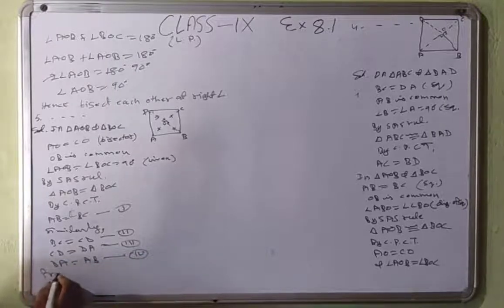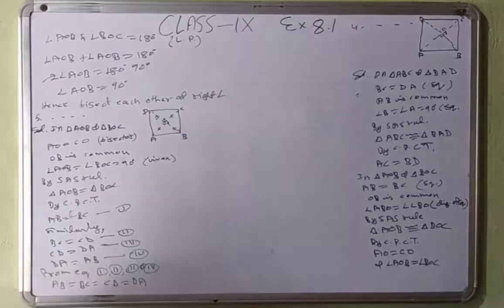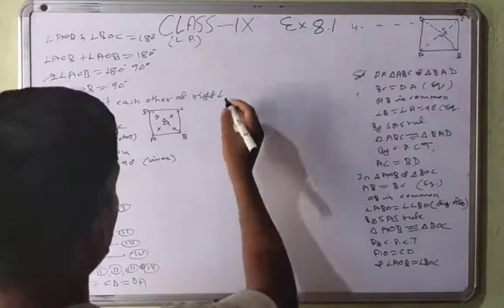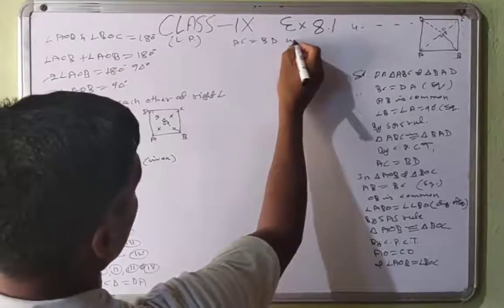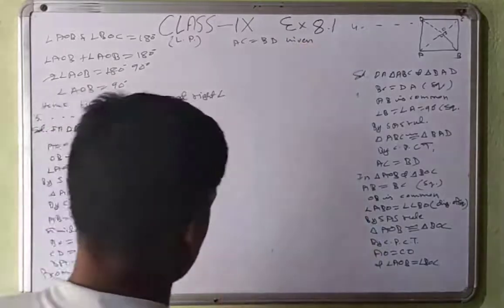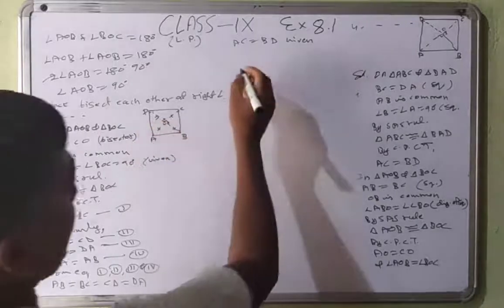So from equations first, second, third and fourth, AB is equal to BC is equal to CD is equal to DA. All sides are equal, and AC is equal to BD, that's given. So the property of a square is all sides are equal with equal diagonals. Hence